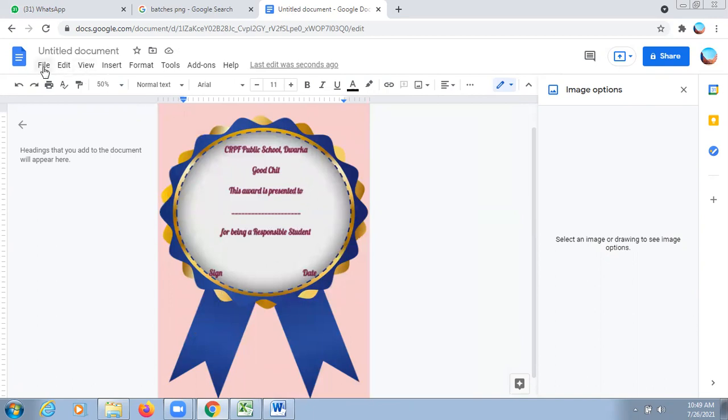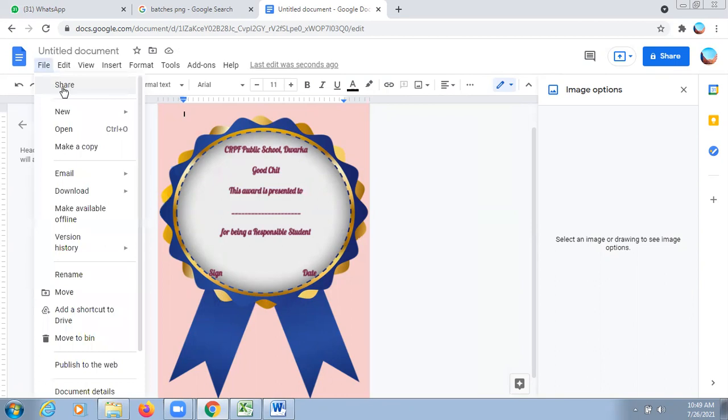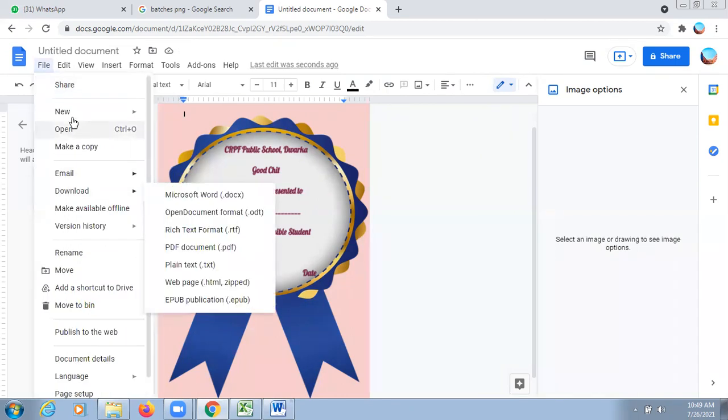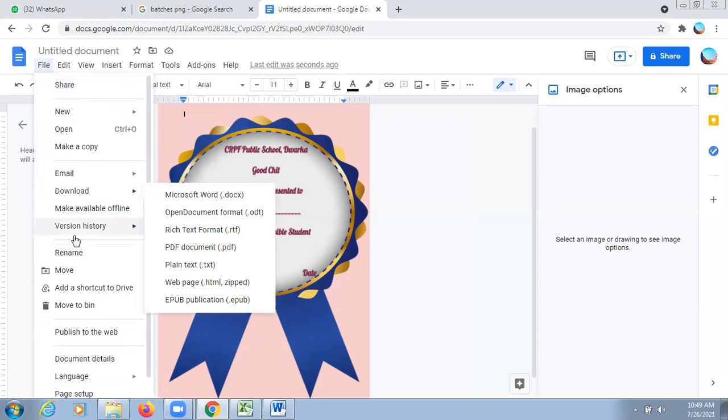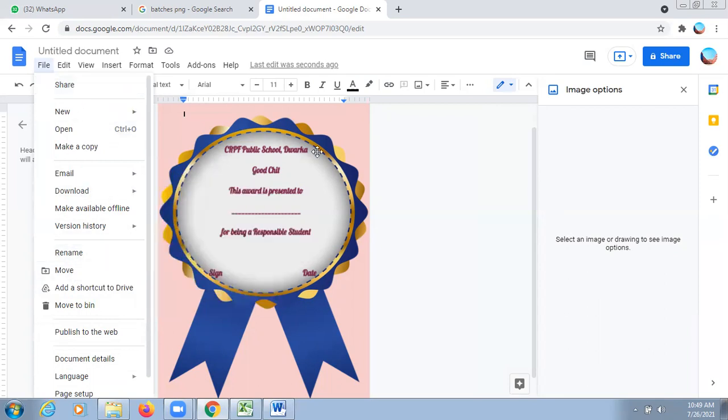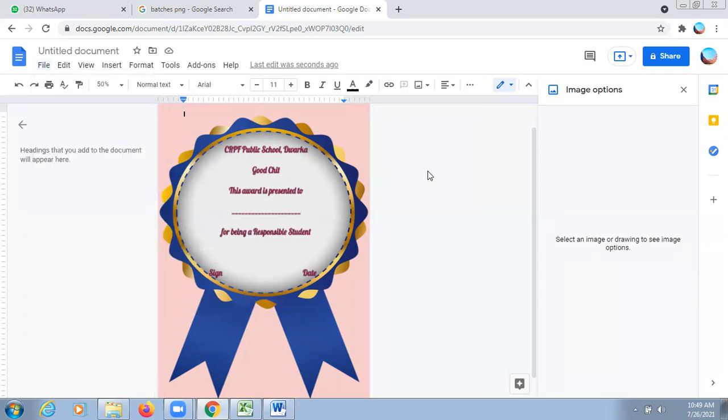Now let's save it. File. How can we save it? You just have to press Ctrl plus S.